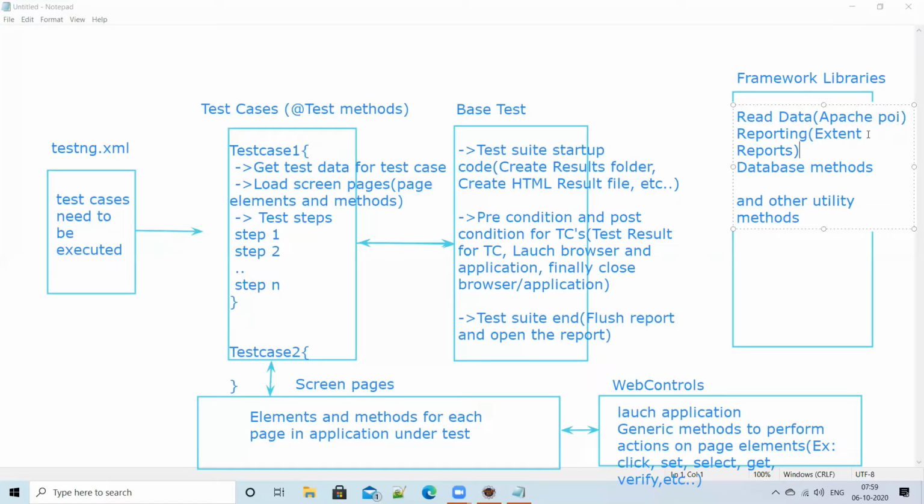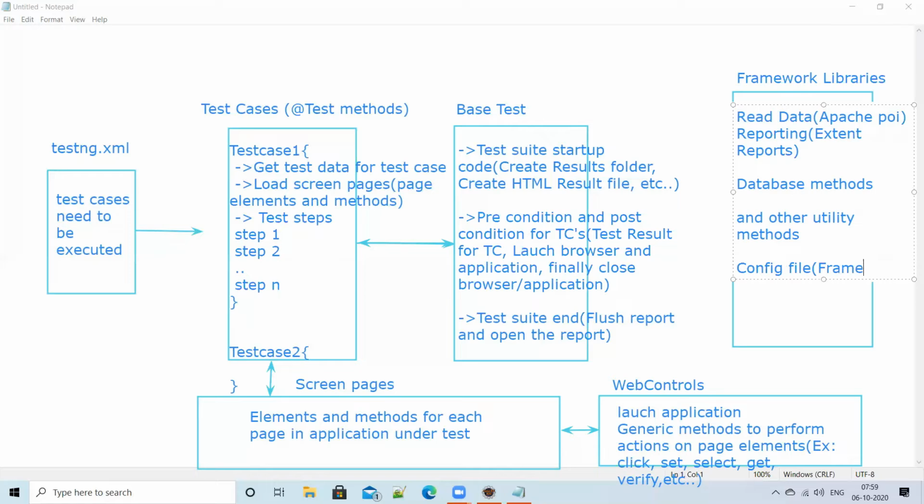And even the configuration file, meaning global variables, all those global variables you can mention. Framework specific libraries are maintained in this framework libraries section. So this is the overall picture.